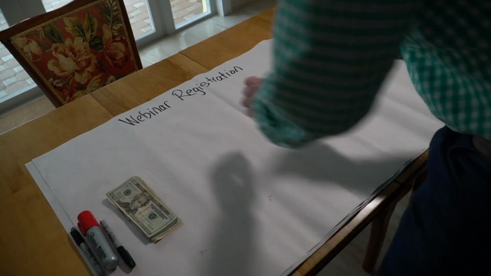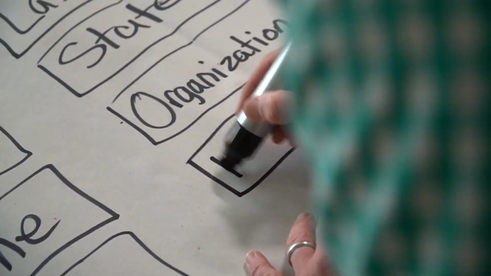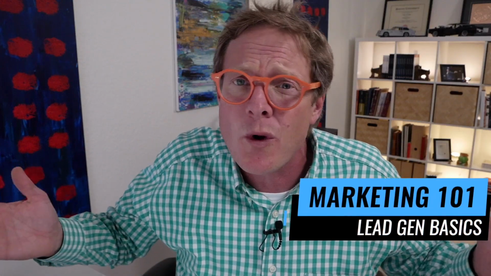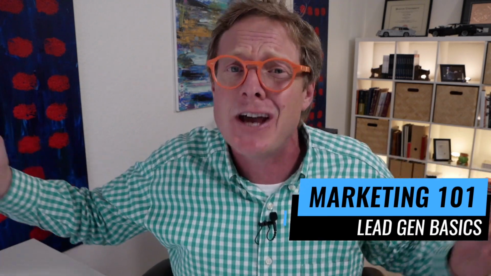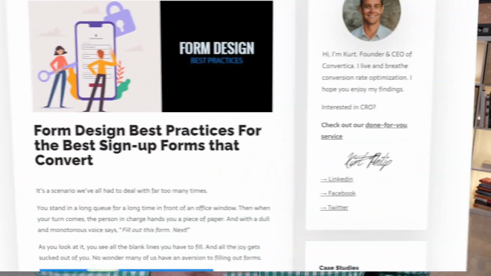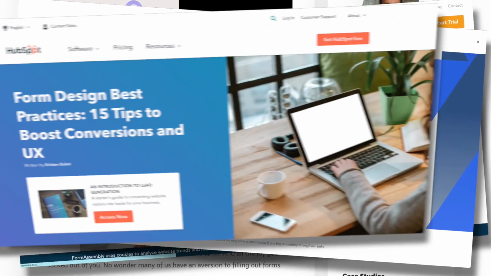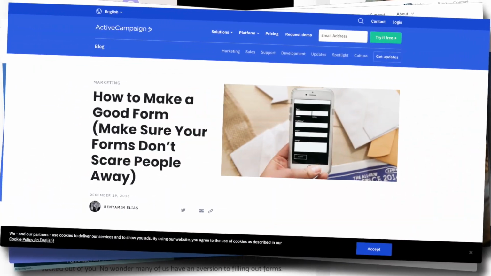Getting people to sign up for your email newsletter, your webinar, your online course, or just for more information about the products and services you sell is B2B table stakes. It's online marketing 101. It's B2B lead gen basics. And in a year where we've been constrained to building our business entirely online, it's no surprise that we're relying on opt-in forms more than ever before.